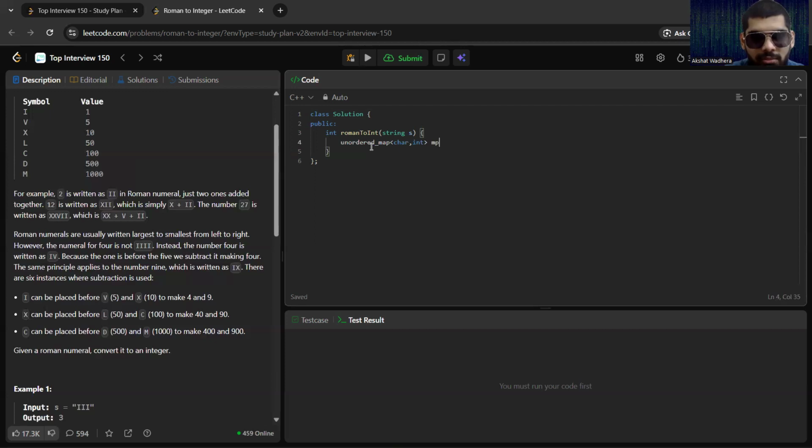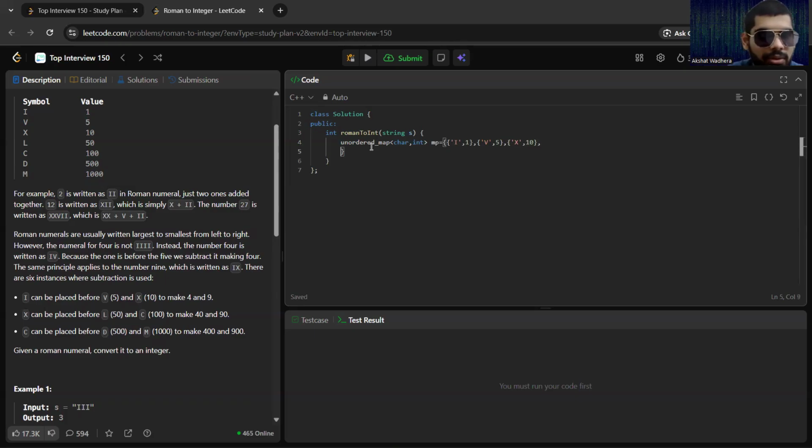Let's name it mp for map, and the values we have currently are: I comma 1, V for 5, X in inverted commas for 10,